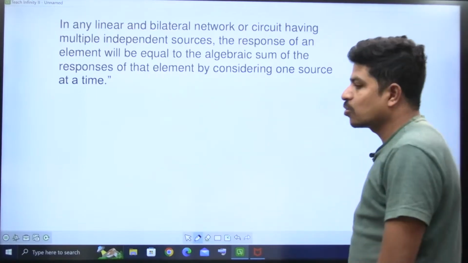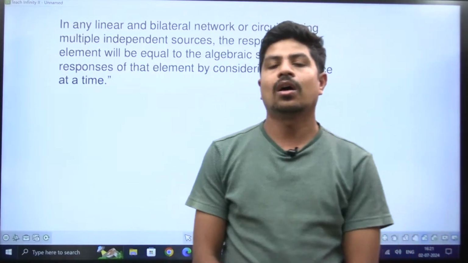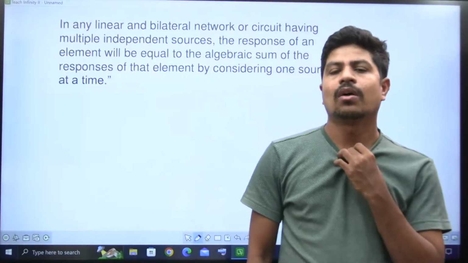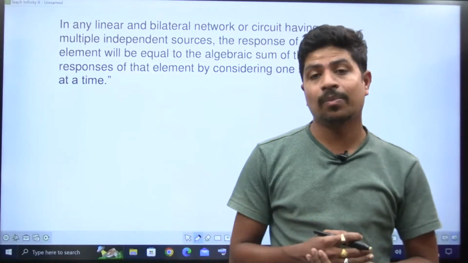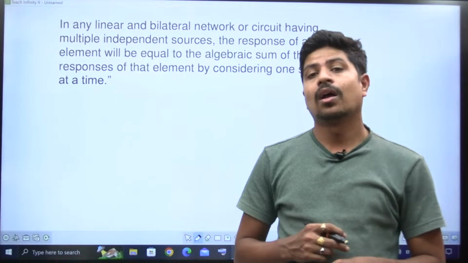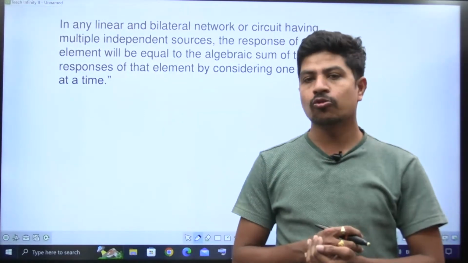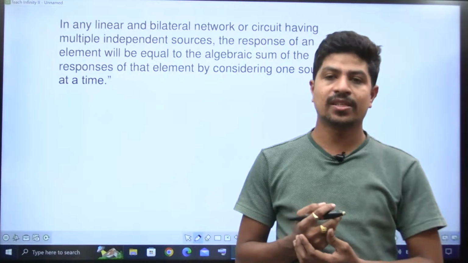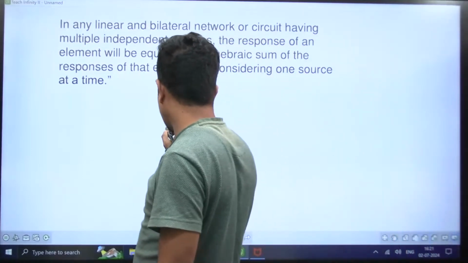Next, let's go for network theorems. See, what is the purpose of network theorems? To solve a big, complex network very easily, we are applying these theorems. In that, the first theorem we have to discuss is superposition. What this superposition theorem says is, if you take a circuit like this,